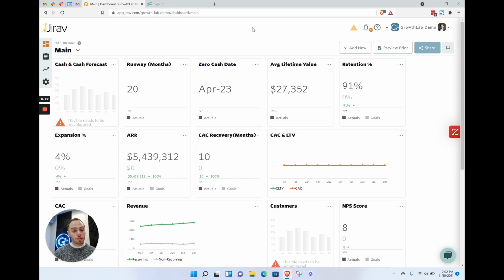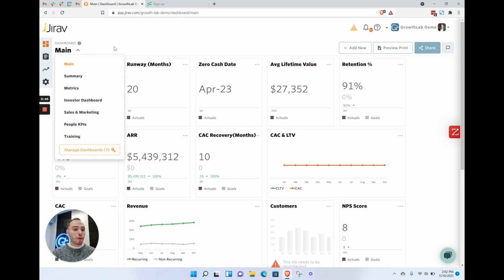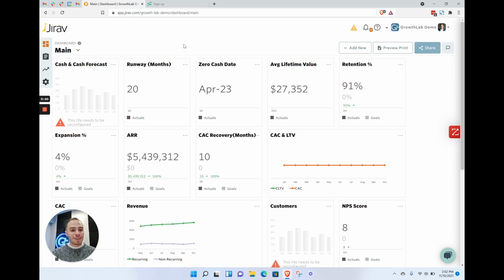So when you first log in, you're going to look at something like this, right? You're going to have a templated dashboard, and don't worry about the numbers right now. You probably won't have any numbers if you haven't connected your QuickBooks or accounting system. But what we're looking at right now is the dashboard. This is going to be the screen that you find every single time you log in. Now, you may have multiple dashboards, as you can see here, that we have built out. But generally speaking, this is going to be the main hub you log into.